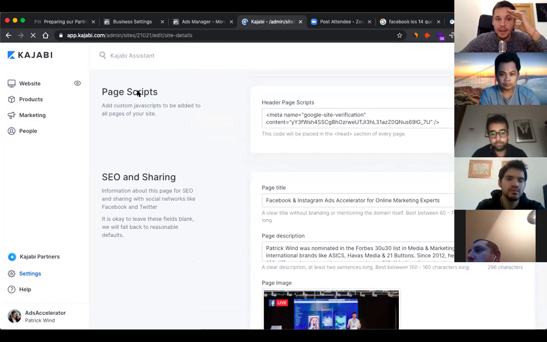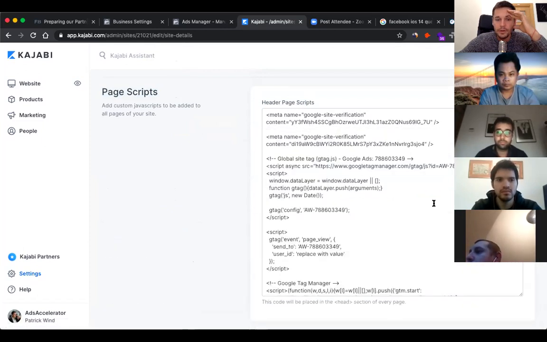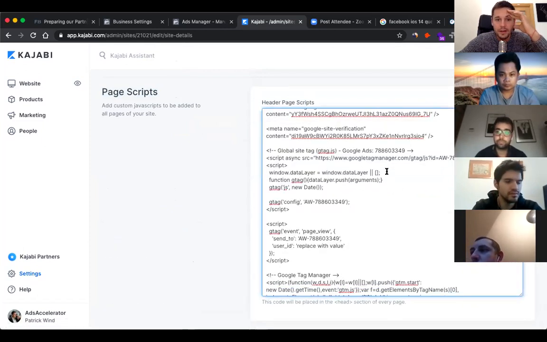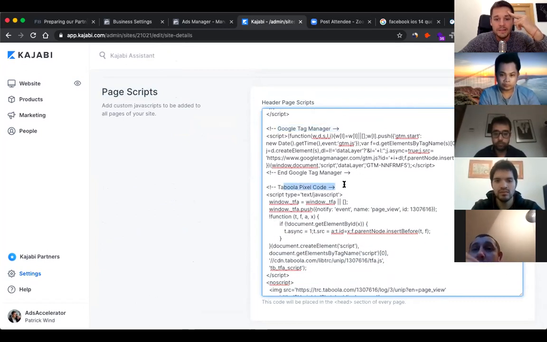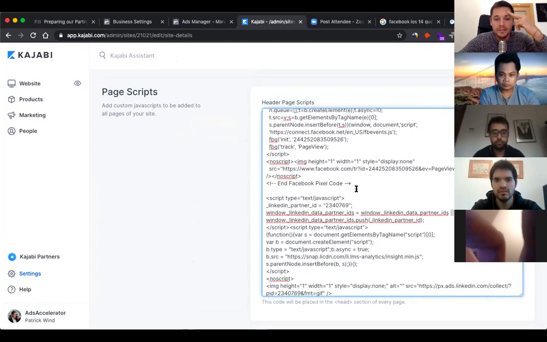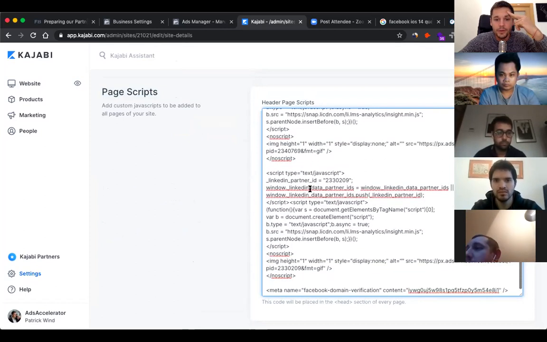It's here in my header, in the header page script. Here I have tons of pixels. I have my Google, it's for my Google Ads. I have my Google Tag Manager. That's what I have in the header of my page. My Taboola pixel, Facebook pixel, and stuff.